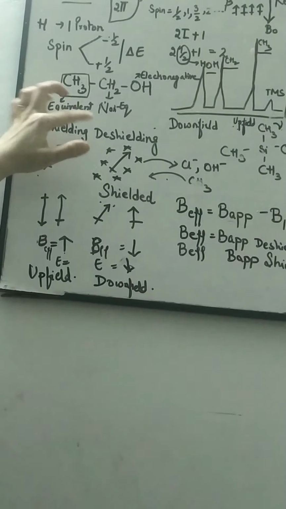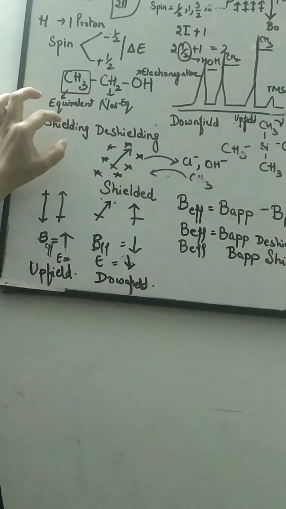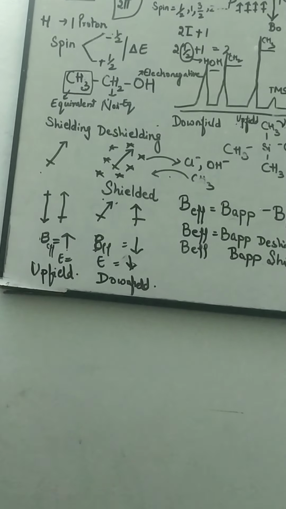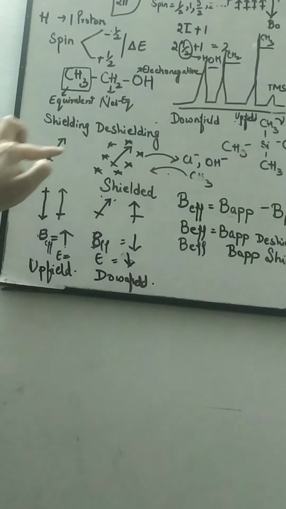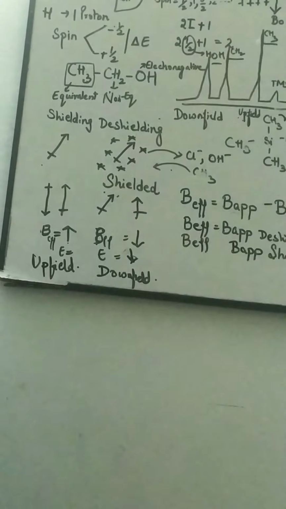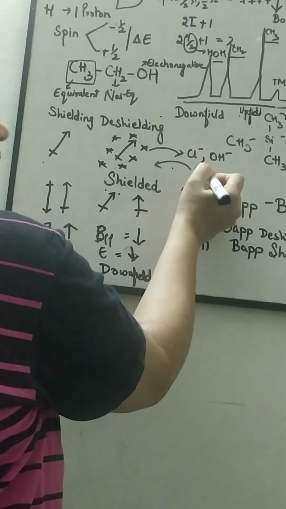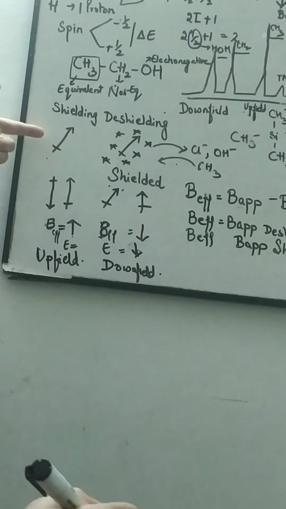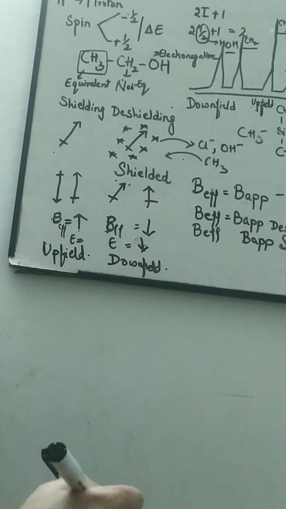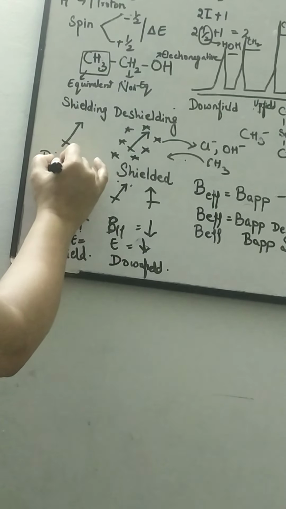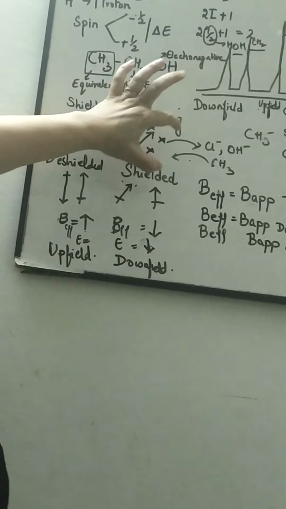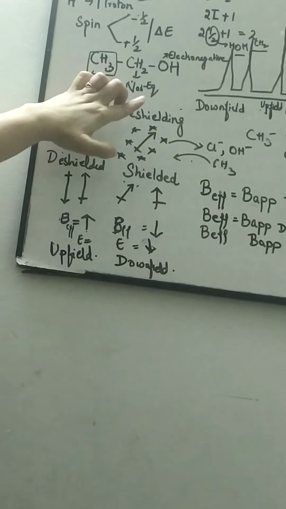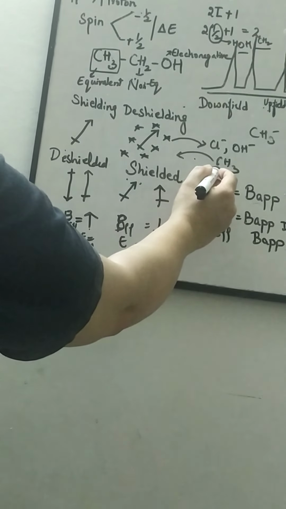Now the protons which are surrounded by very few electrons, or those electrons are taken away by certain electronegative particles, so the electron density around the protons or the nuclear particles will decrease. Alright. If it decreases because of any reason, then this nucleus is known to be de-shielded. And if the electron density around the nucleus is higher, it is known to be shielded. This is generally because of electron donating groups such as CH3.